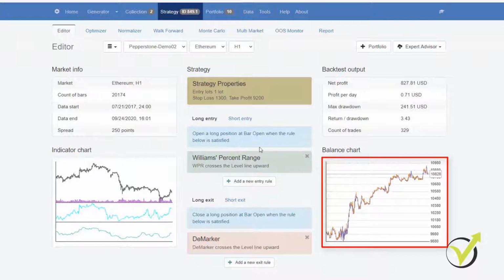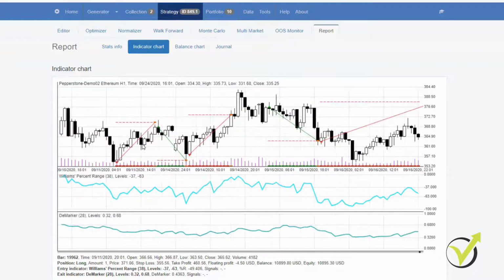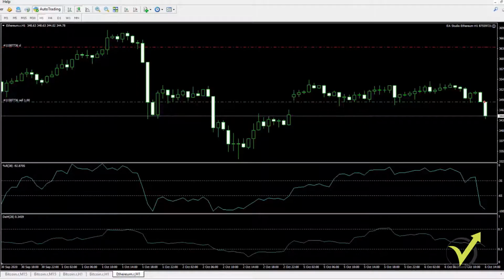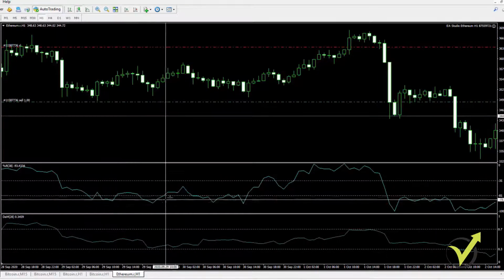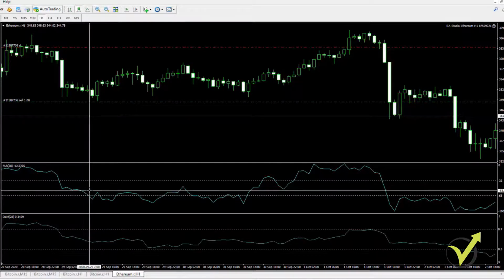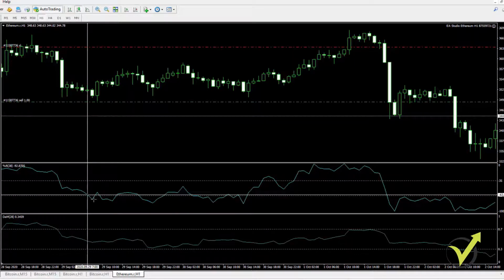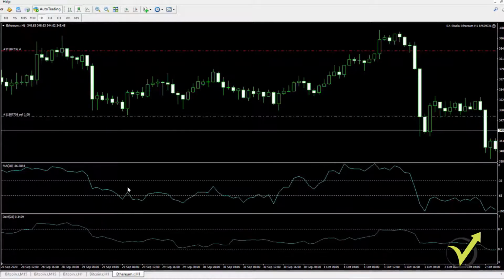So this way I can build strategies and automate them very easily, and at the same time I see their performance. I see the indicator chart, which means that I have a very clear understanding where the trades were opened and closed, something that is much harder with MetaTrader. If I just go manually, as you saw, it is hard to find examples, because if I take any example to backtest the strategy over the chart, I don't know if at that moment there was a previous signal, right? For example, right here there are so many entries, and which one is the correct one?